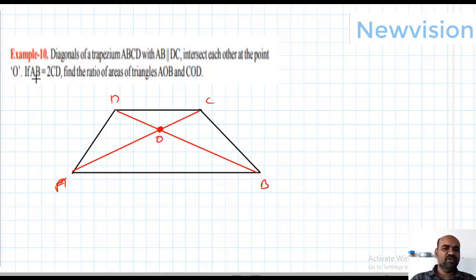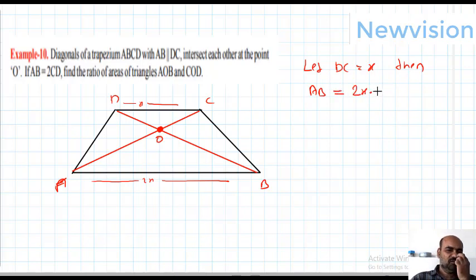Yeah, what is given? AB equal 2 times of CD. AB equal to 2 times of CD means CD is taken as X. This becomes 2X. I will write, let DC equal to X, then AB equal to 2X. Okay. Already we proved that these two triangles are similar. Already proved. Okay, directly I want to write triangle COD similar to, order important. Angle C equal to angle A only for these two. This equal to this. Triangle COD similar to AOB.